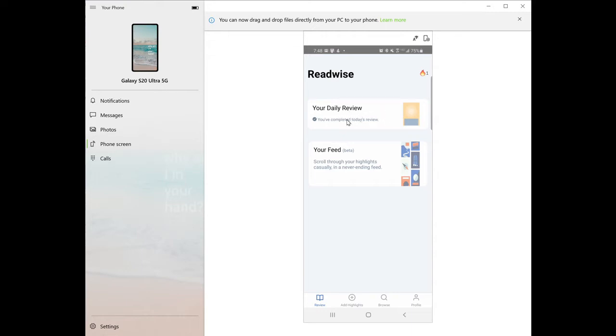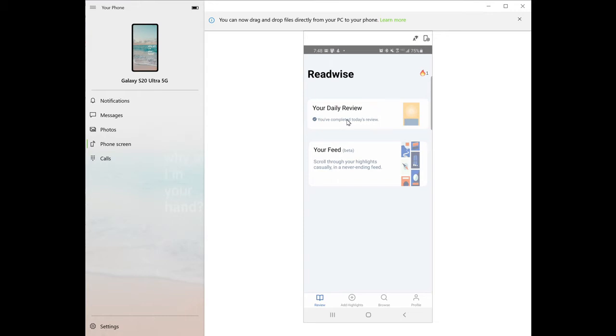to do. The daily review is just a selected number of items from your Readwise suggestions that you can see each day in review. I like the review not for the spaced repetition feature, which Readwise does have, but just because it resurfaces stuff that I haven't read or thought about in a while, and sometimes it sparks an idea. I think there's a little bit of inspiration to be found in just having things that you've read pop up